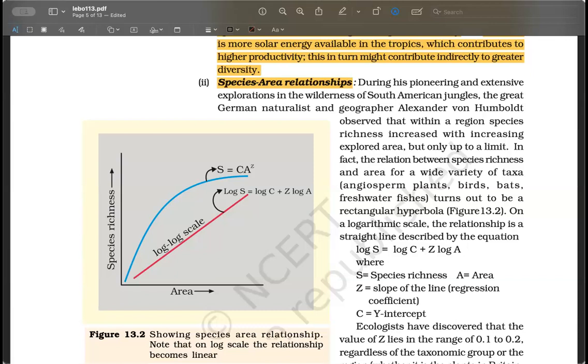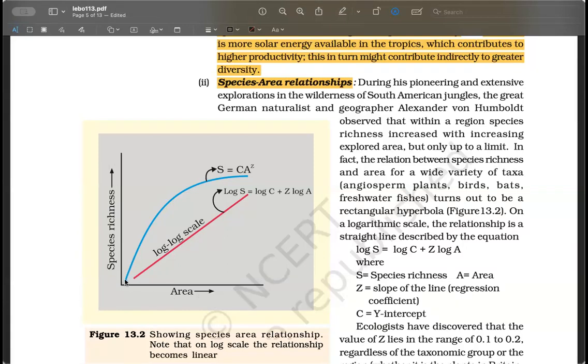So this says that as the area increases, the richness will also increase. So it's like it's starting and then it goes on to the right hand side, means it's increasing probably. So they're like directly proportional, area and species richness. Yeah, you're right. In which direction does species richness increase? In the upward direction, right? When the y-axis increases, the species richness increases, correct? And when the x-axis increases, the area increases.